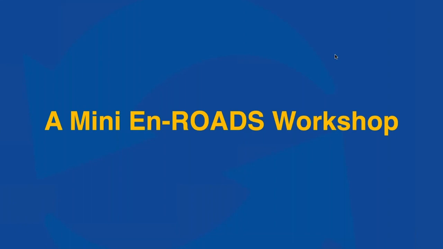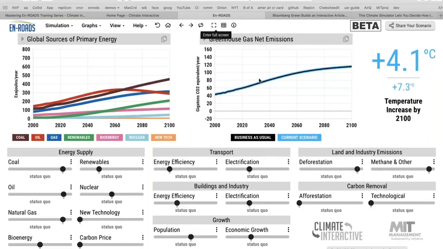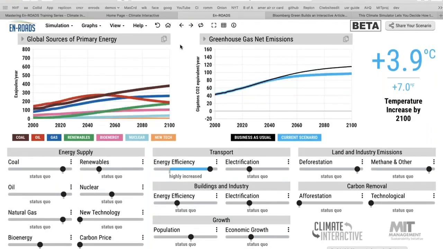The En-ROADS Climate Workshop is how we are inviting you to engage other people. There's another form, which is a role-playing game that I'll discuss in a minute. And there's a student assignment where you just give people an assignment, they go off and play with the model. But I'd like to show you what you might do online with your colleagues, where you ask them a simple question. And I'll ask that simple question right now, which is, okay, here is a future for climate.